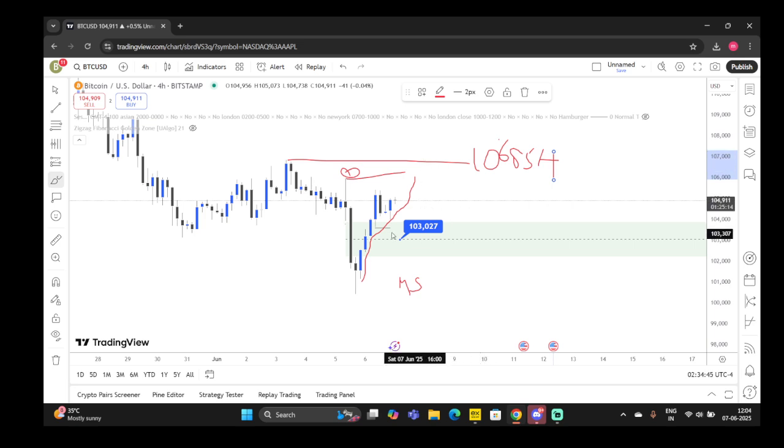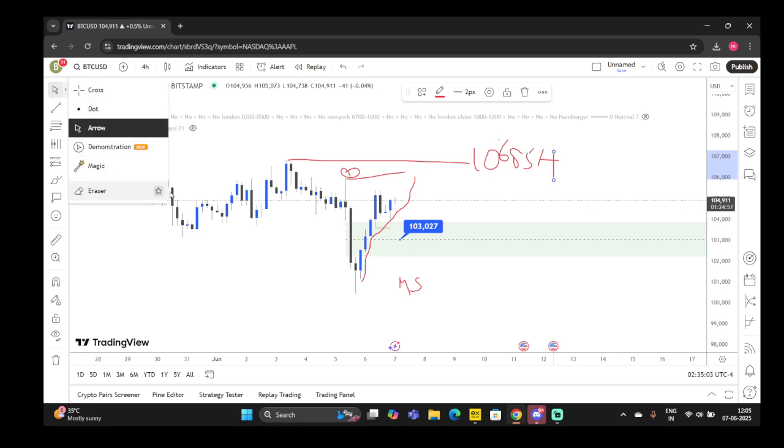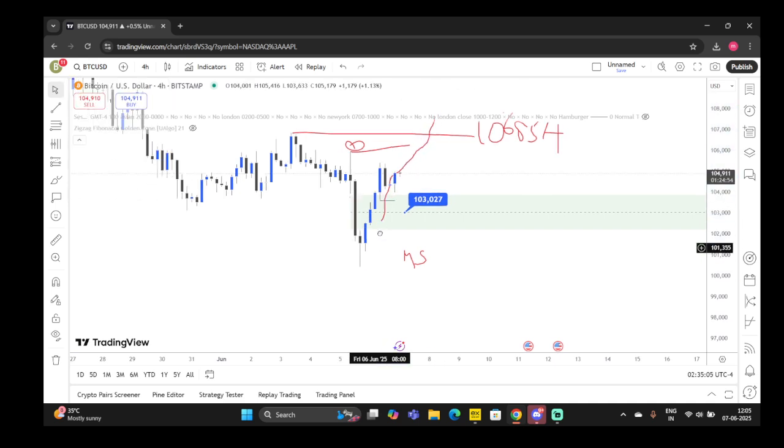So now the BTC bias is only buy on dips. And another thing, you should not look only at order blocks and FVGs to take an entry. For example, if you take this swing only,